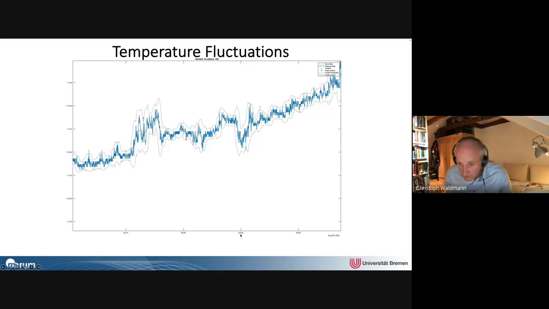And this here shows a very short time frame, 30 minutes on August 6th. And I can tell you that was a day where there was lots of sunshine. So surface water was heating up, and due to tide, it was mixed into deeper layers. And that means you have a lot of turbulent mixing also going on. And that leads to these high fluctuations.